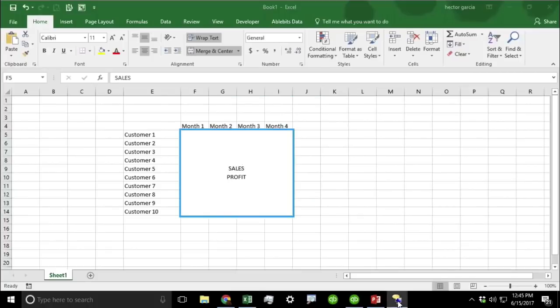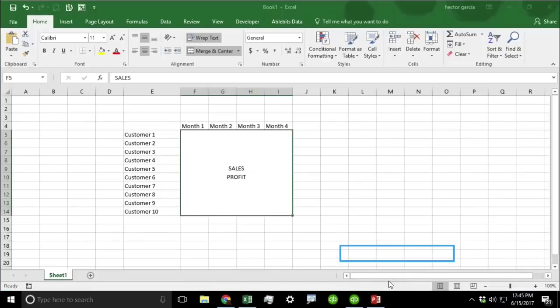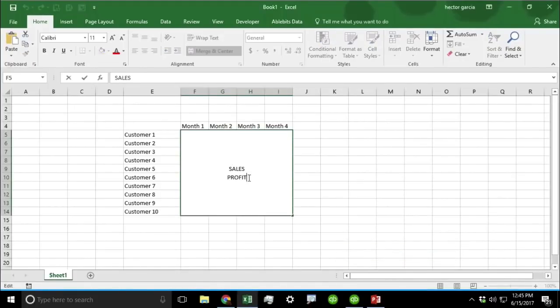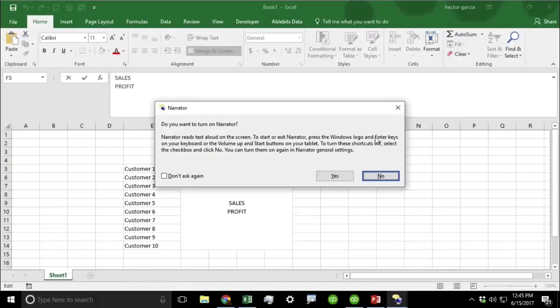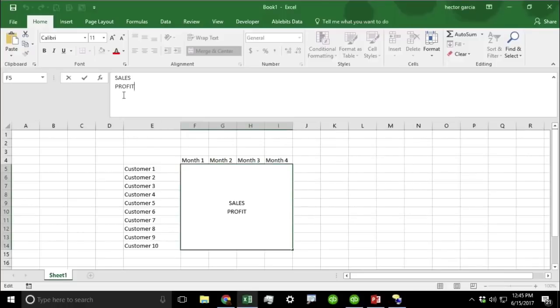So all right, that's my narrator turned on. Okay, so I would have to ask what I want to see. Do I want to see sales? Do I want to see profit? Maybe I want to see balances. That's a really important one, because a lot of times your customers are not that clear on what they want to see, right? So